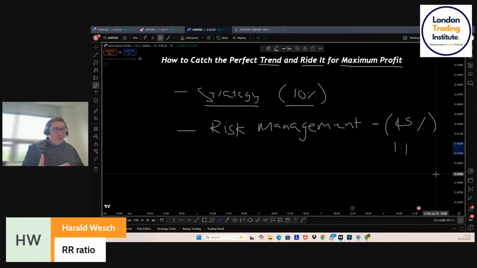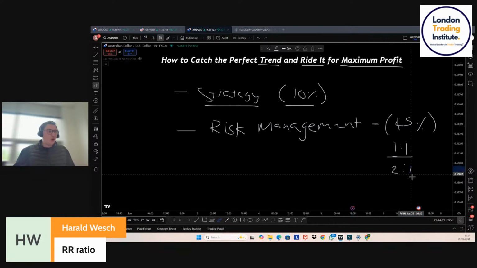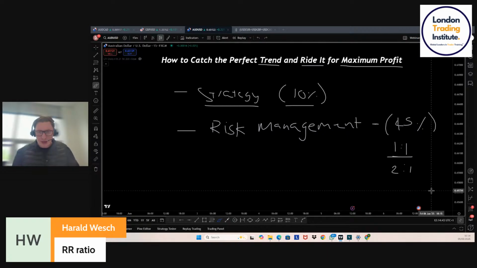If you risk $10, as a reward you'll expect $10. If you risk $100, as a reward minimum you'll expect $100. Okay? That's what risk to reward is. And you want to target a minimum 1-to-1. Where the really good traders really start to progress and scale up their accounts is where you start to get 2-to-1 reward to risk. Okay? Where they're risking $100, but whenever they win, they get $200 as a return.